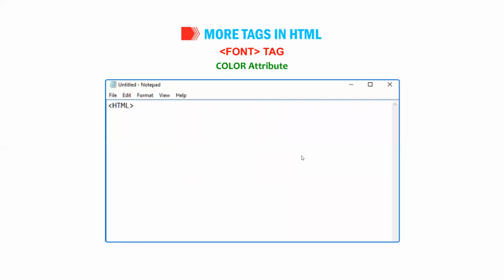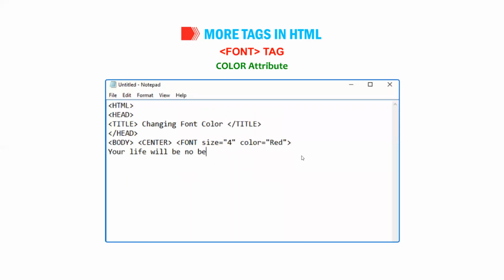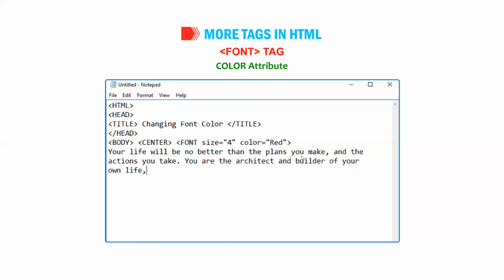<html><head><title>Changing font color</title></head><body><center><font size="4" color="red"> Your life will be no better than the plans you make and the actions you take. You are the architect and builder of your own life, fortune and destiny. </font>